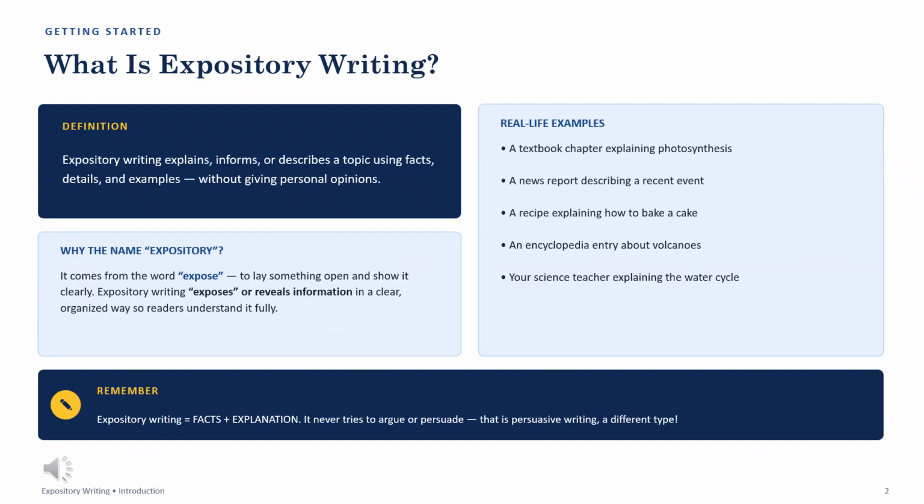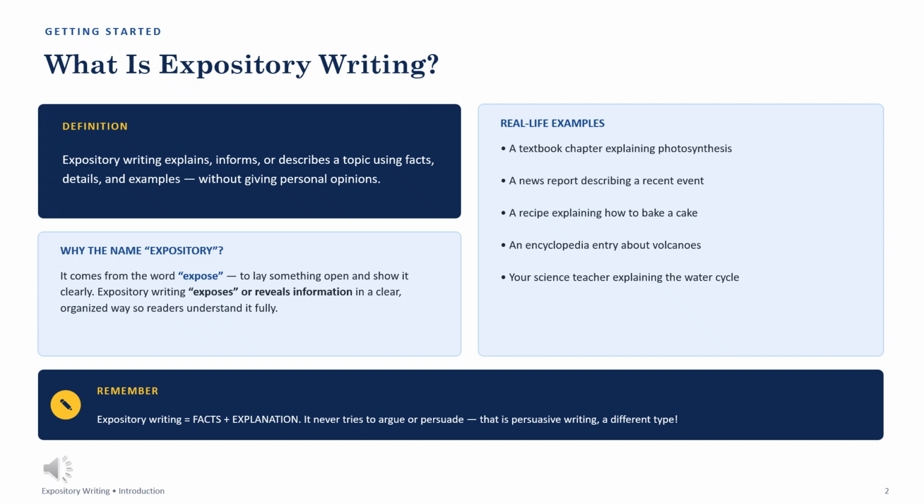So, what is expository writing? Simply put, it is writing that explains, informs, or describes a topic using facts, details, and examples. And here is the golden rule, without giving your personal opinions. Pause. Why do we call it expository? It actually comes from the word expose, which means to lay something open and show it clearly. Your job as an expository writer is to expose or reveal information in an organized way so your reader fully